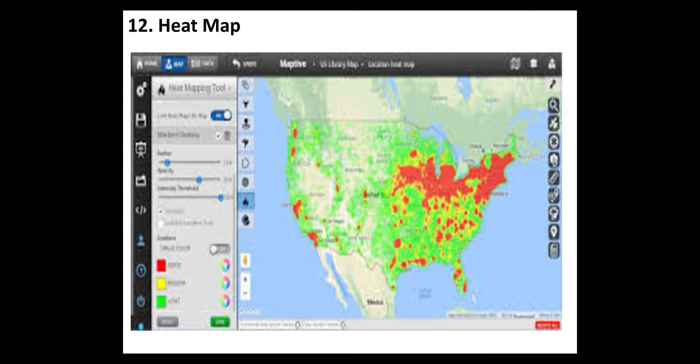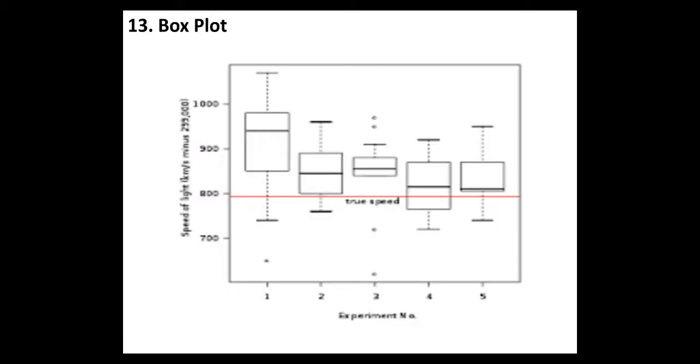There can be many ways to display heat maps, but they all share one thing in common. They use colors to communicate relationships between the data. And the last one, box plot. It provides readers a quick way to visually summarize the data, including average values, variation in the data, and whether outliers are present.